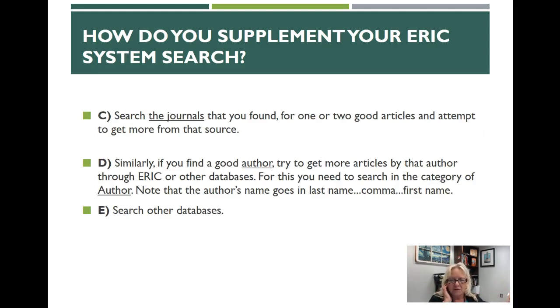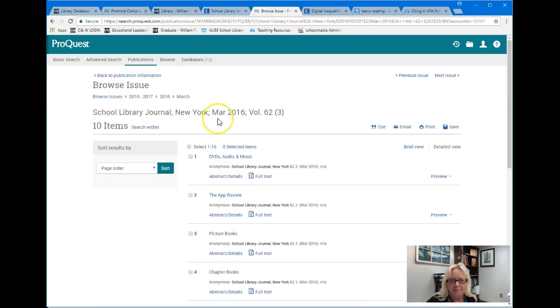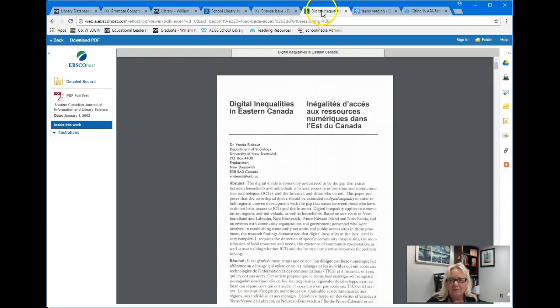Do search the journals if you're really having trouble. Look at the table of contents of journals that you found. Go into that journal section in Chang and take a look. If you find a good author, you can go into